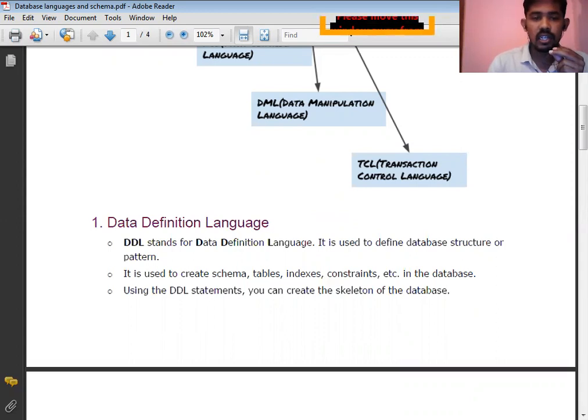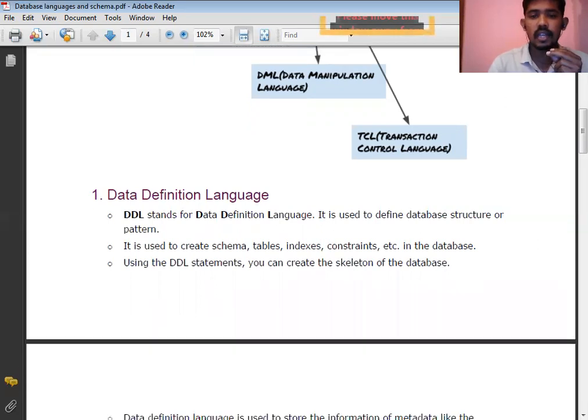Using the DDL statements, you can create the skeleton of the database. So you can create the schema of the database by using data definition language.